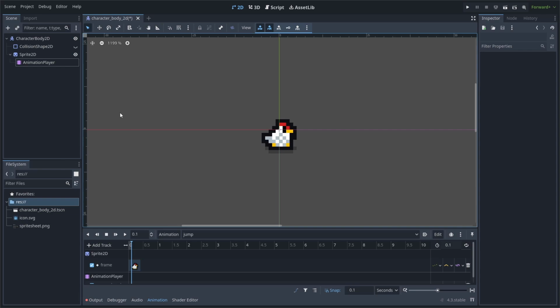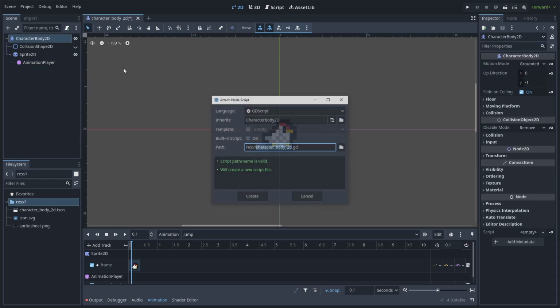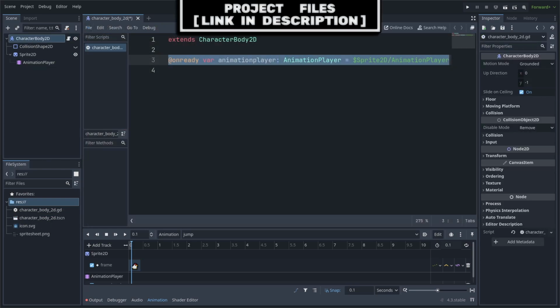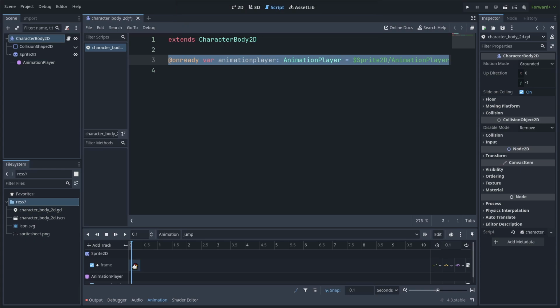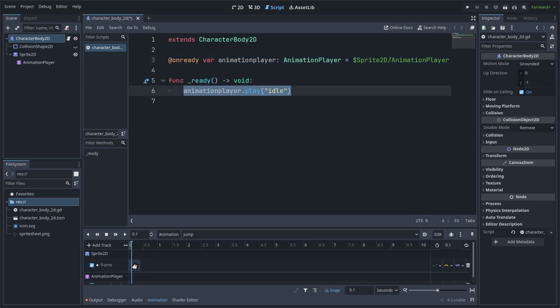Now to make this animation run while the game is playing, select the character body 2D and add a script. Like before, I'll create an onReady variable to grab the animation player. This is so that if we move the animation player or the sprite node within the scene tree, we only need to change its path once rather than multiple times. From here, we call this line to play any of the animations that we have created. Just make sure that the name of the animation is spelled correctly and that this line is placed within a